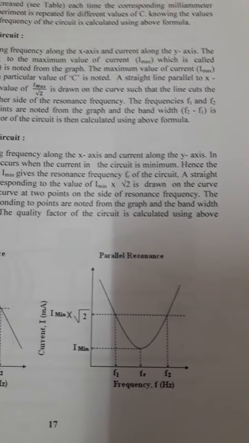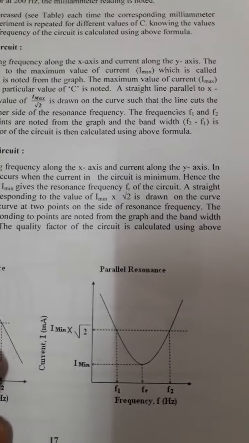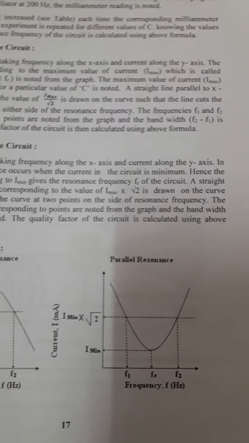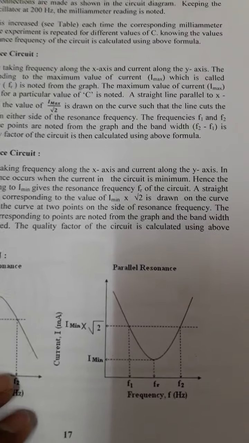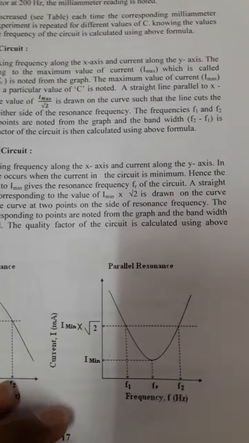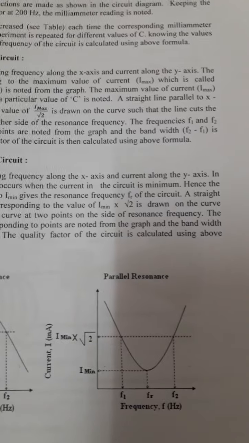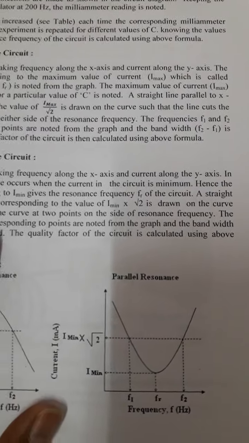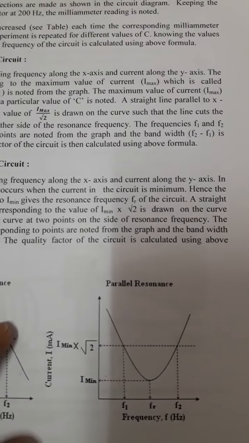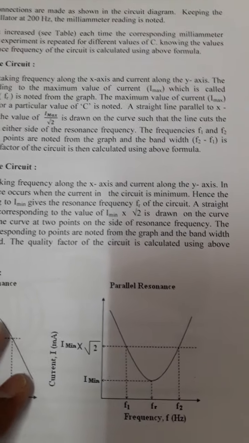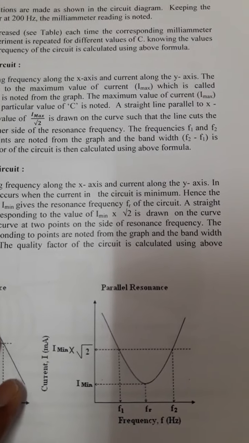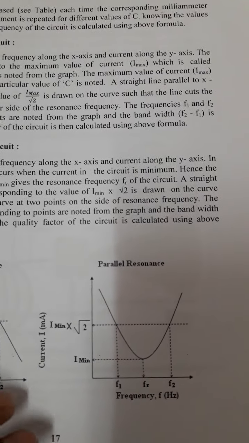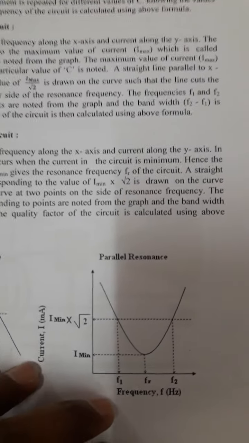It means that mainly the frequency response of the LCR circuit is very important. The application of these circuits is in radio communication systems to set a frequency. Resonance means one particular frequency. When do we get resonance frequency? When the applied frequency matches the natural frequency, at that time we get resonance. Especially, we use a series LCR circuit in radio communication systems.